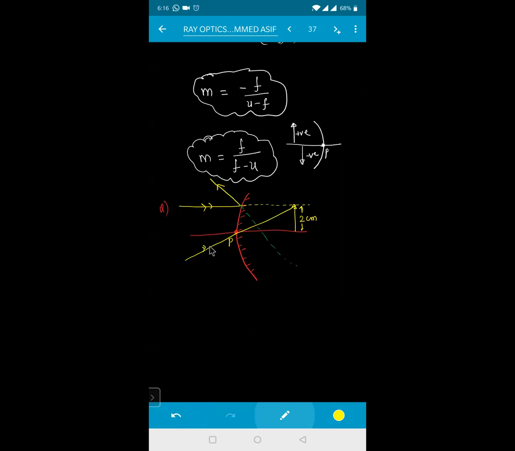This is the center of curvature. From here again, this ray of light will be reflected back like this. With whatever angle it has been incident, with the same angle it will be reflected. So this is the incident ray and this is the reflected ray. If I extend this reflected ray in the backward direction, the image formation is somewhere here. If this is the object O, this will be the image I.